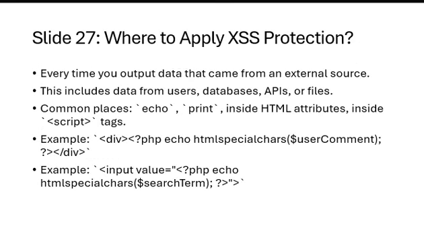Where to apply cross-site scripting protection? You must apply XSS protection every single time you output data from an external source. External sources include data from users, databases, external APIs or files. Common places for escaping are inside the PHP echo or print statement. You must also escape when outputting data inside HTML attributes, such as an input value. For example, like